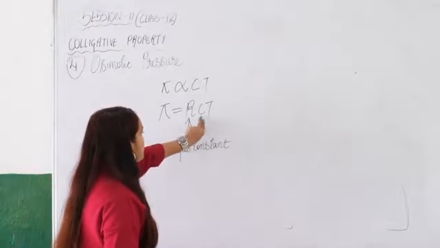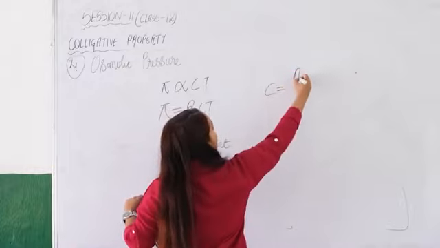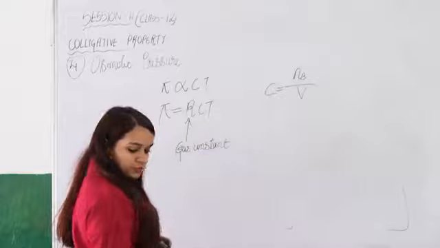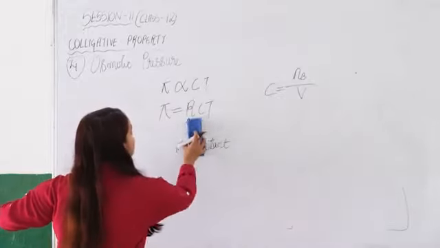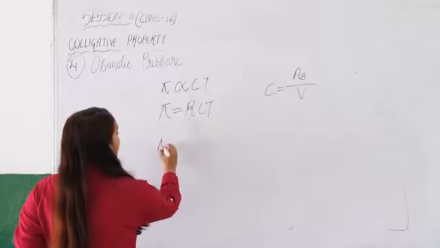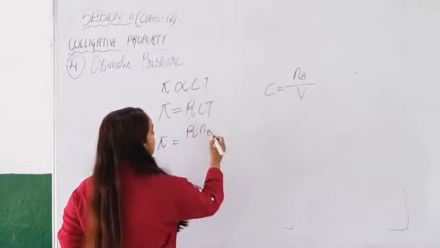Now we know that concentration is equal to the number of moles of the solute per unit volume of the solution. So in place of concentration we can write the simplified form, pi is equal to R n_B